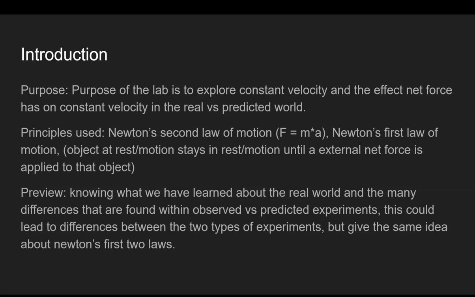Newton's first law of motion: an object at rest or in motion stays at rest or in motion until an external net force is applied to that object. We want a net force of 0 to keep this constant velocity. And knowing what we learned about the real world and the many differences that are found within observed versus predicted experiments, this could lead to differences between the two types of experiments, but will give the same ideas about Newton's